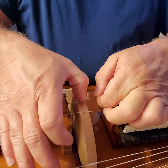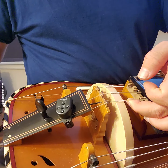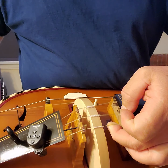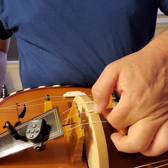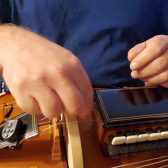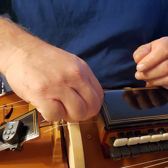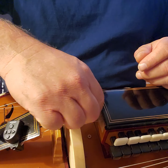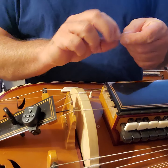So I'm going to take the cotton off first, and there's two ways you can roll the wheel backwards, and you can see it kind of loosens the cotton on the string. Then you lift it up and use your fingernail to scrape it away till you've got a little bunch, and then you just pull it off and put it on the ground for your cat to play with. Okay, so then